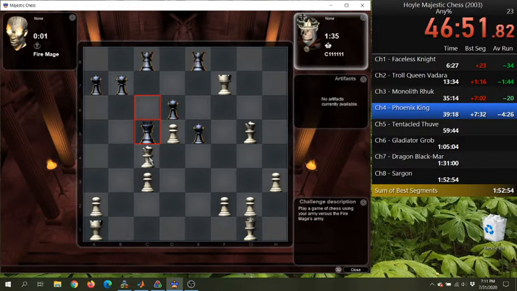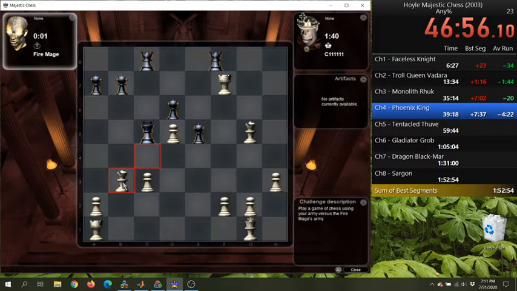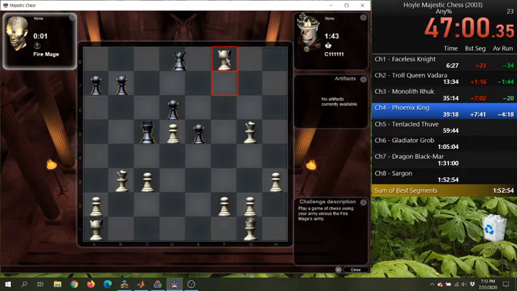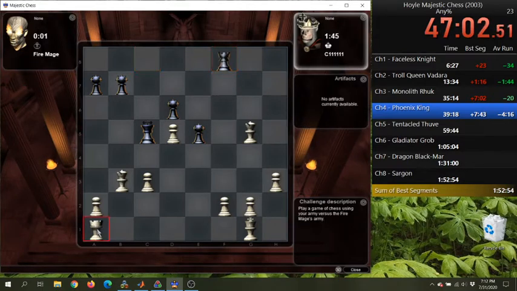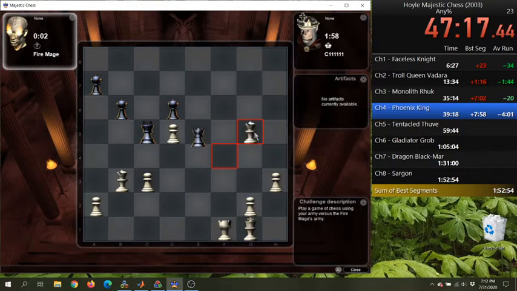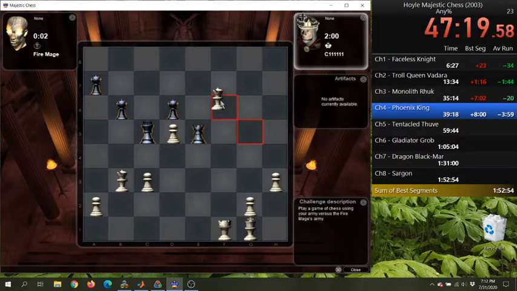Bishop is hanging. Oh, I was hoping to not have to go into an end game here, because it would be faster to do otherwise. But I will. So be it.